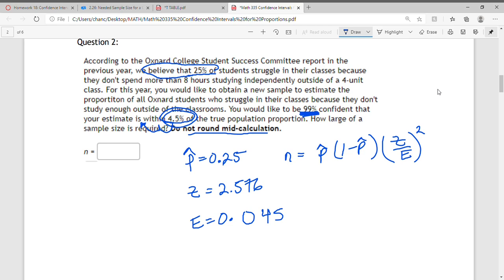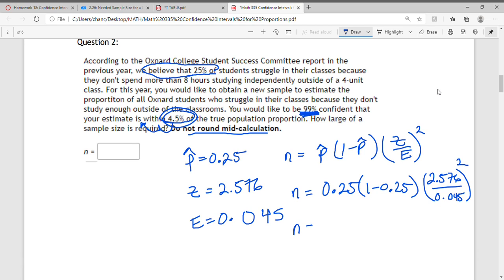So now we can plug in all the information. N equals P hat, which is 0.25, times the quantity 1 minus 0.25, times the quantity Z, which is 2.576, over E, 0.045, and we're going to square this expression. So let's type in the entire thing on a calculator, and you should get